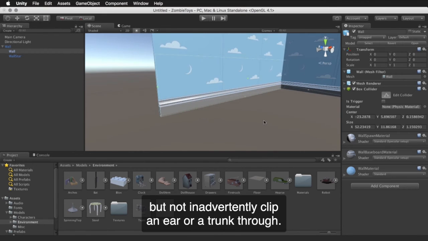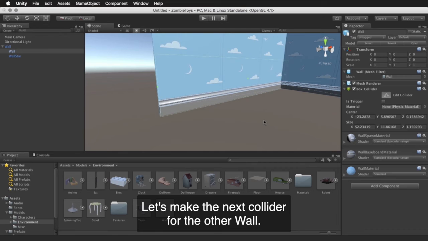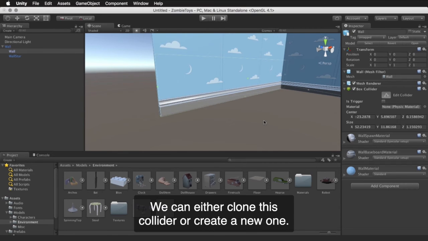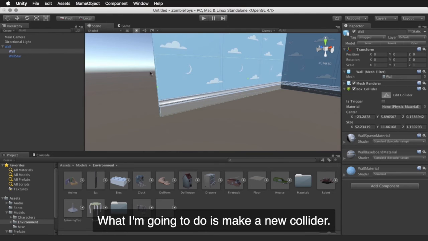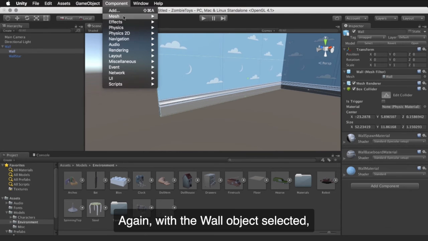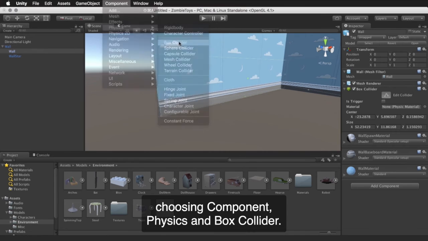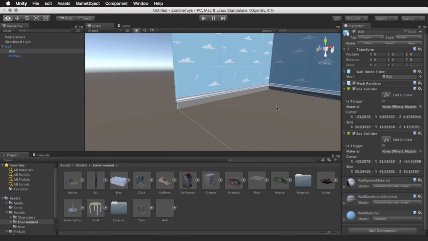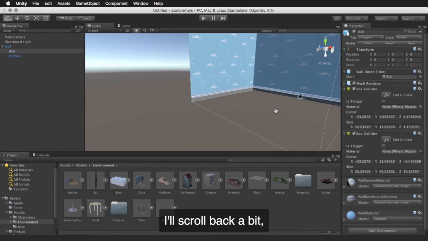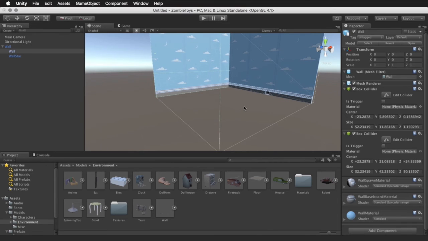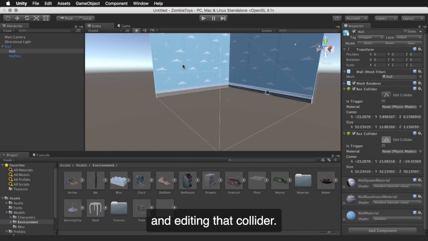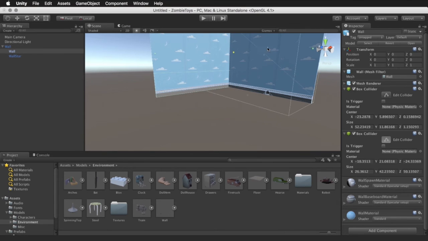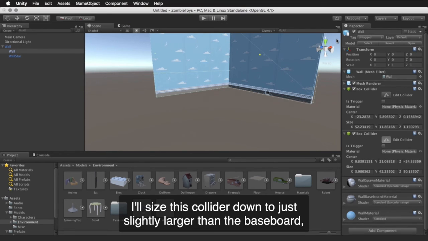Let's make the next collider for the other wall. We can either clone this collider or create a new one. What I'm going to do is make a new collider, again with the wall object selected, choosing Component, Physics, and Box Collider. I'll scroll back a bit, pan over, holding Alt-Option and clicking the mouse wheel, and editing that collider. I'll size this collider down to just slightly larger than the baseboard,